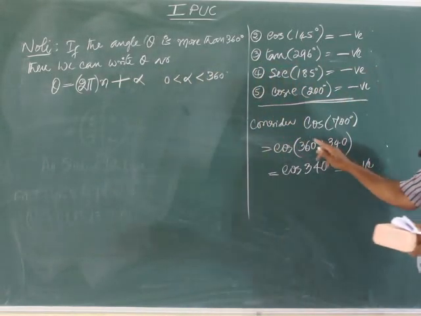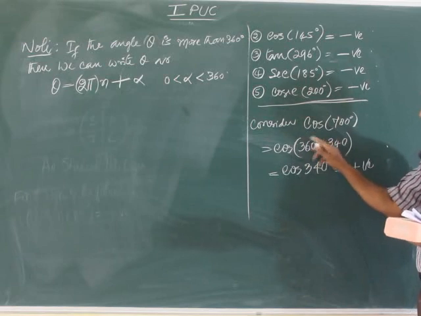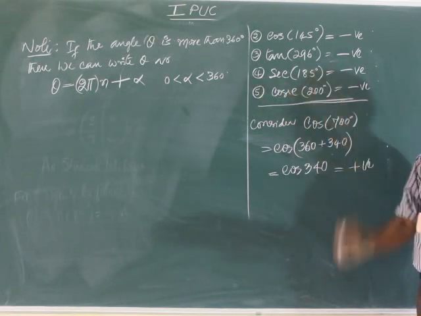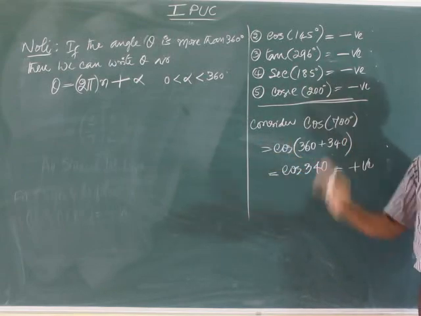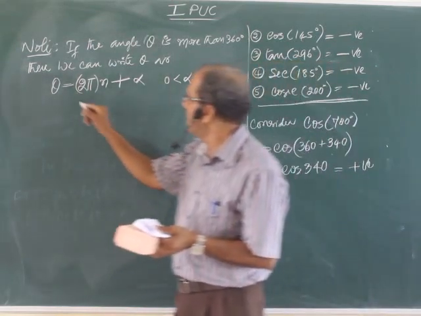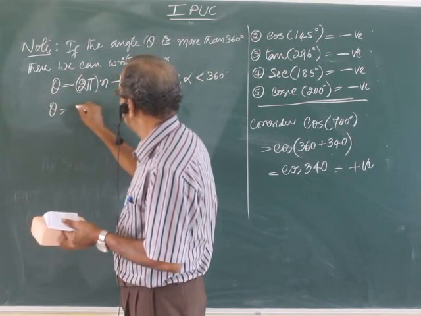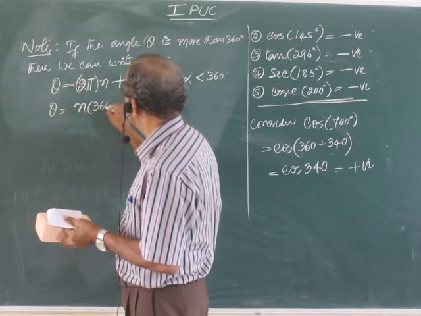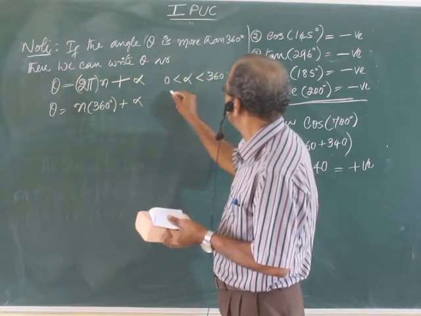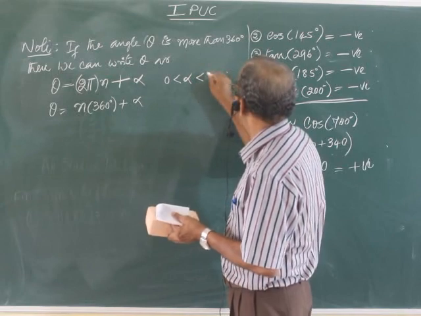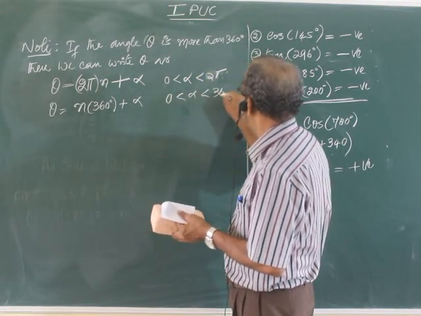See here. One rotation, n is 1 here. One rotation plus whatever angle less than this. This is alpha. 700 is theta. If you want, let me write it as n into 360, in degrees also, let it be there, plus alpha. Otherwise it should be 2 pi. The first one is written in radian, no? 360.